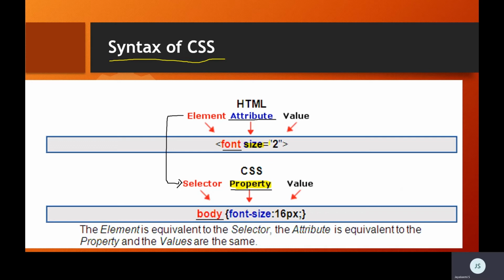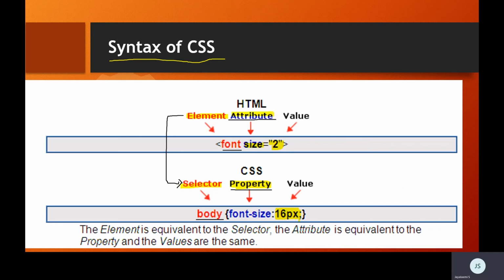When I come to attributes, I'm supposed to give the values in double quotation, but when I come to properties, I'm going to mention the values in numerical format, either with a pixel or point or in percentage. So this is the syntax of your DHTML. I repeat again, in HTML we call it element, DHTML we call it selector.